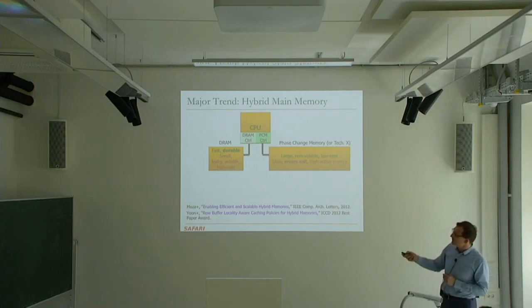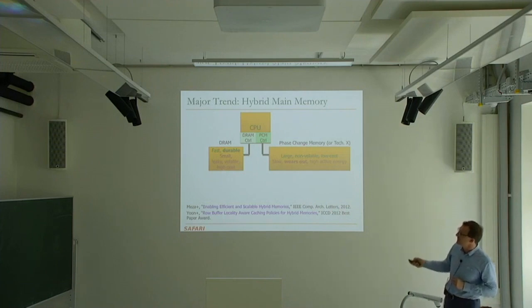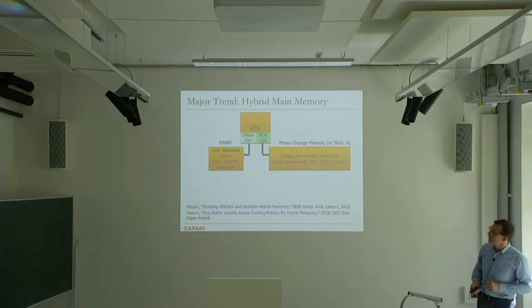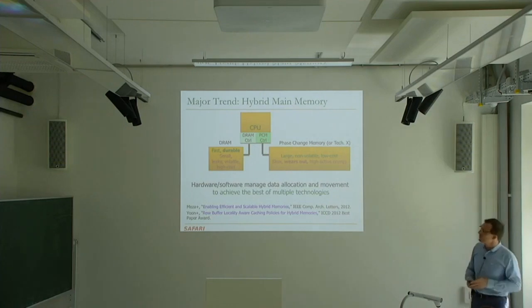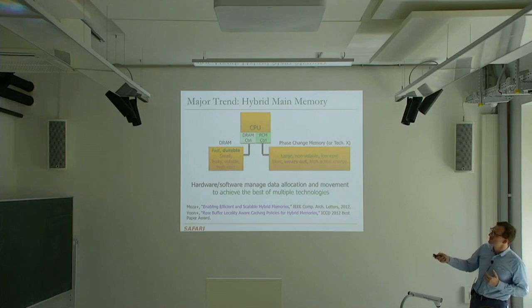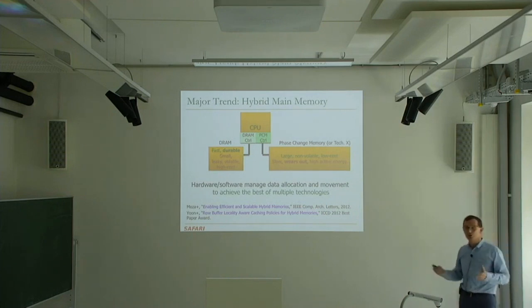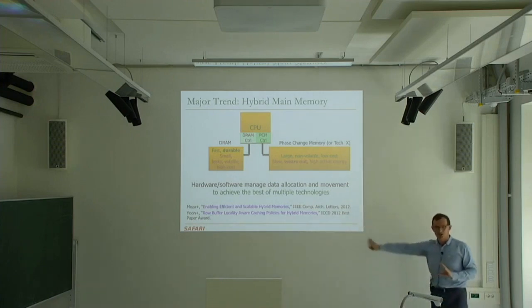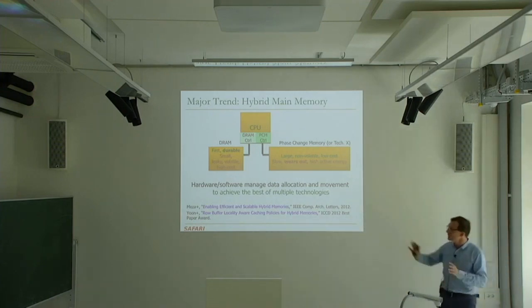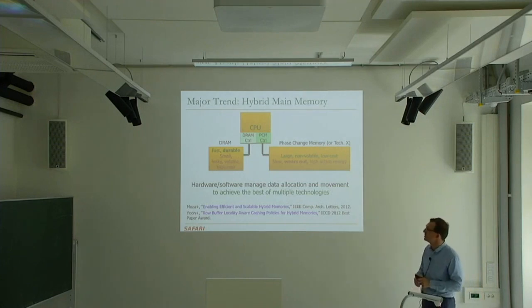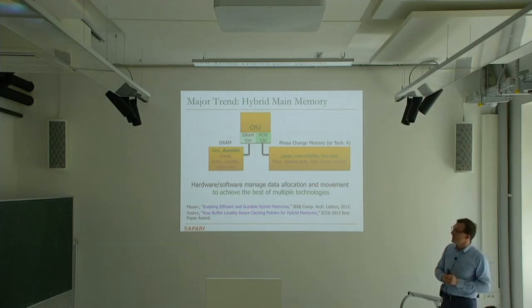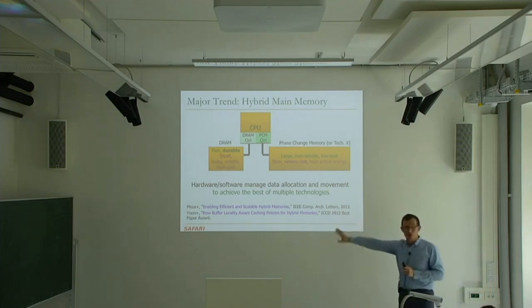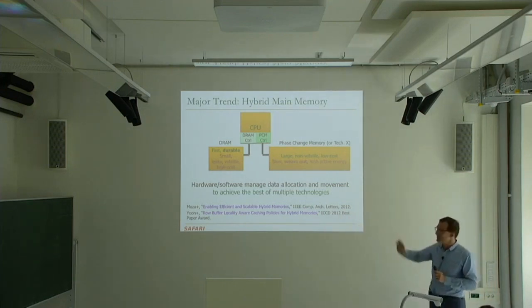Basically, multiple different technologies with complementary greens and complementary reds. If you want to make this work, essentially you need to design your hardware and software to manage the data allocation and movement to achieve the greens of each technology as much as possible while avoiding the reds as much as possible. I think this is a fascinating area, and there's a lot of works that we will hopefully discuss when we get to the emerging memory technologies part of the course. And there's going to be more and more, both on the hardware and the software side, to understand this and manage this. And this is already happening, actually.